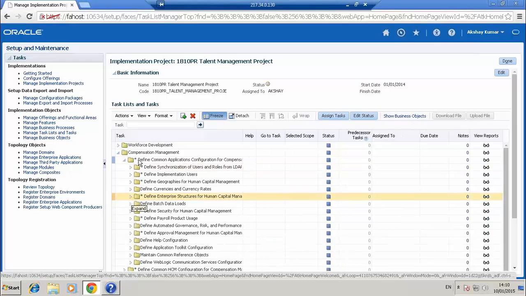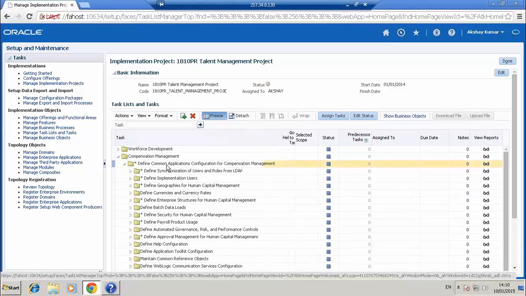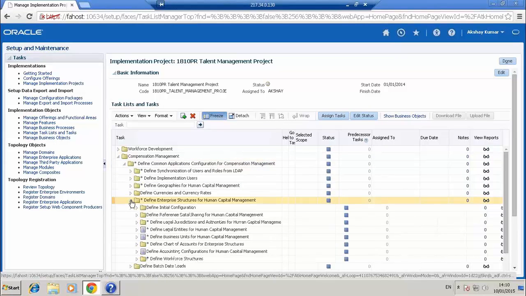Then go to define enterprise structure. I'm going slow, one second. It is define common application configuration for compensation management. Go into that. Get into define enterprise structure for human capital management. There you will have define workforce structures.